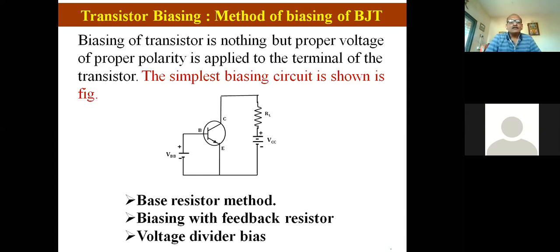Now, here we have to see the simplest biasing of a transistor. Before studying the simplest biasing of the transistor, we can see what is meant by biasing of the transistor. Biasing of a transistor is nothing but a proper voltage of a proper polarity applied to the terminals of the transistor. बेसला कुठलं व्होल्टेज अप्लाय करायचं, कलेक्टरला कुठलं व्होल्टेज अप्लाय करायचं, इमिटरला कुठलं व्होल्टेज अप्लाय करायचं,